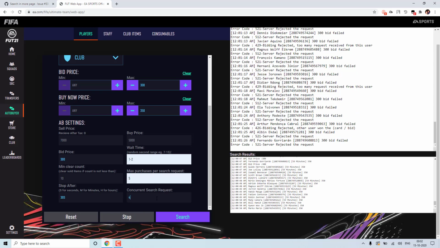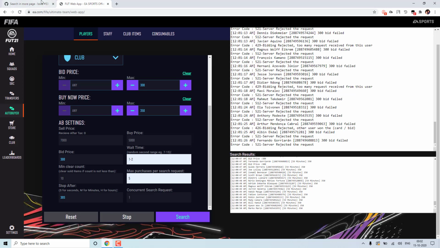Okay, and I don't recommend setting this to greater than 1 very often, as your account might get soft banned from bidding on the transfer market. But if you are trying to find some rare card and you are not able to bid on it, only in those cases you can make use of this field, or else you can leave it as default just to be safe. Okay, so these are the new features which I added to the tool.